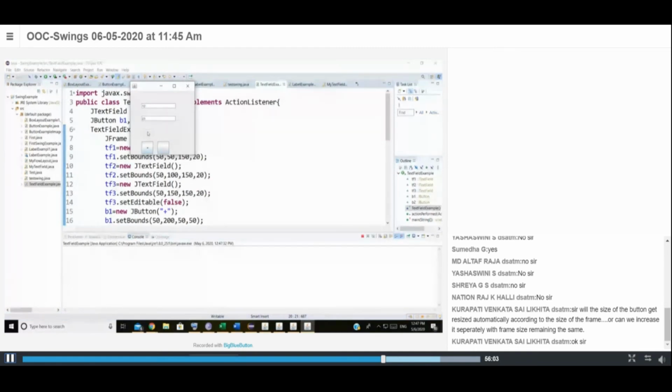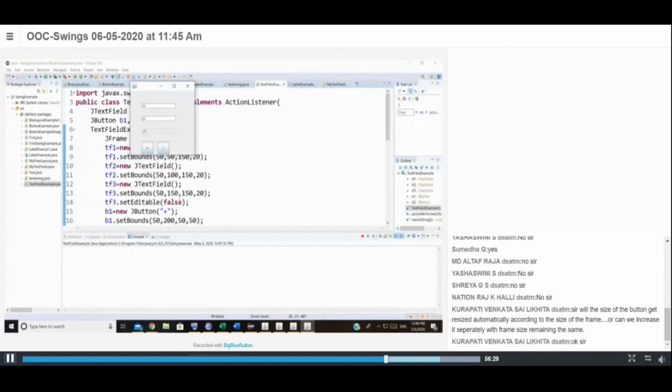That's why I cannot enter anything in this one. So I have to do two actions. If I click on this, the two values there have to be added, and the result should be displayed here. See, 23 plus 12 is displayed like that. If I click on that minus symbol, it does the subtraction operation. All of you got this?